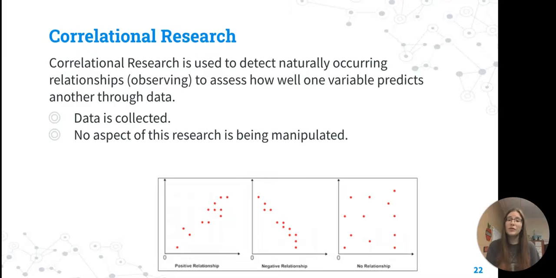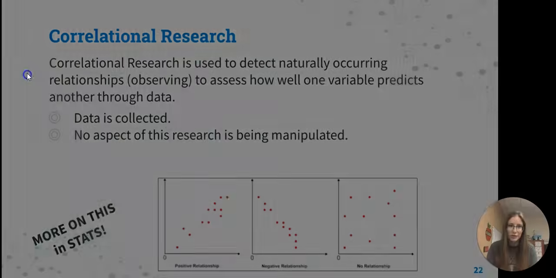All right, so correlational research is used to detect naturally occurring relationships, so seeing how one variable can potentially predict another through data. In this, we are collecting data, but we're not manipulating anything, and we're just trying to see, is there any sort of relationship? Now we're going to cover this more in stats, but let's get some of the basics right now on our